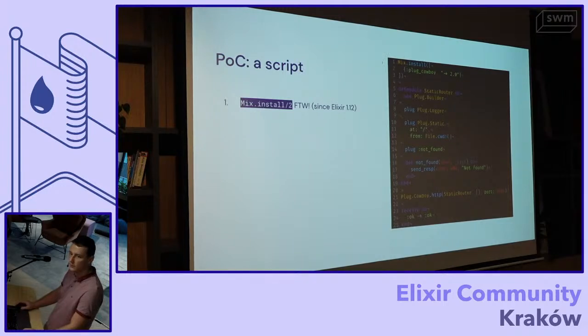Currently we're running 1.13, with 1.14 releasing soon. So it's quite recent, and I guess it's one of the, let's say, byproducts of developing Livebook, which is quite nice. Without this Mix.install, all of this probably wouldn't have happened. As I said, I'm lazy, and I wouldn't want to start a whole new Mix project just to check if it's possible to do this. So Mix.install is just getting the dependency.